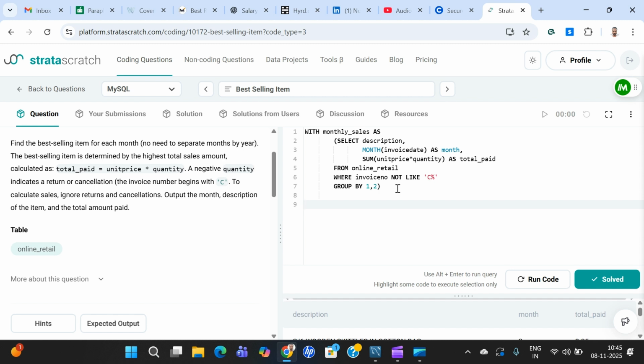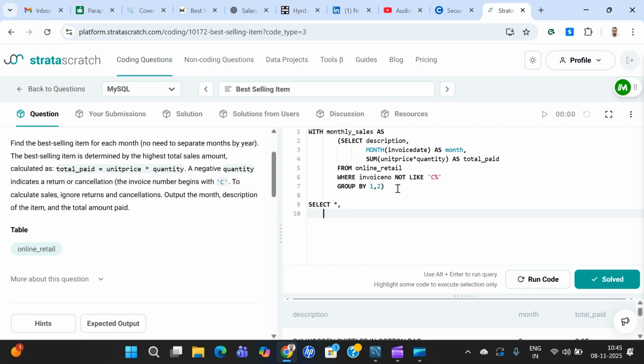So select, I'll keep all three columns as they are, so star. And now I'll use a window function. For the window function I'll use dense rank to avoid any